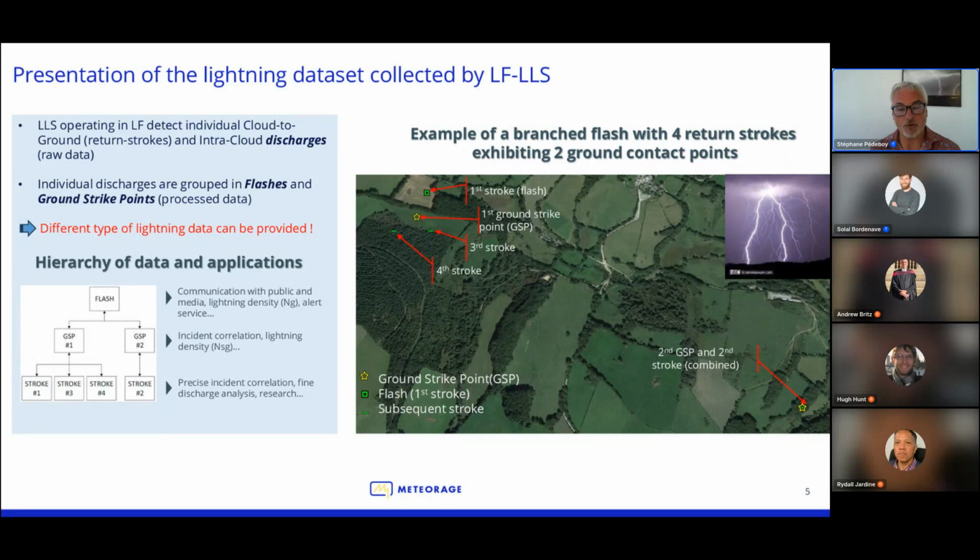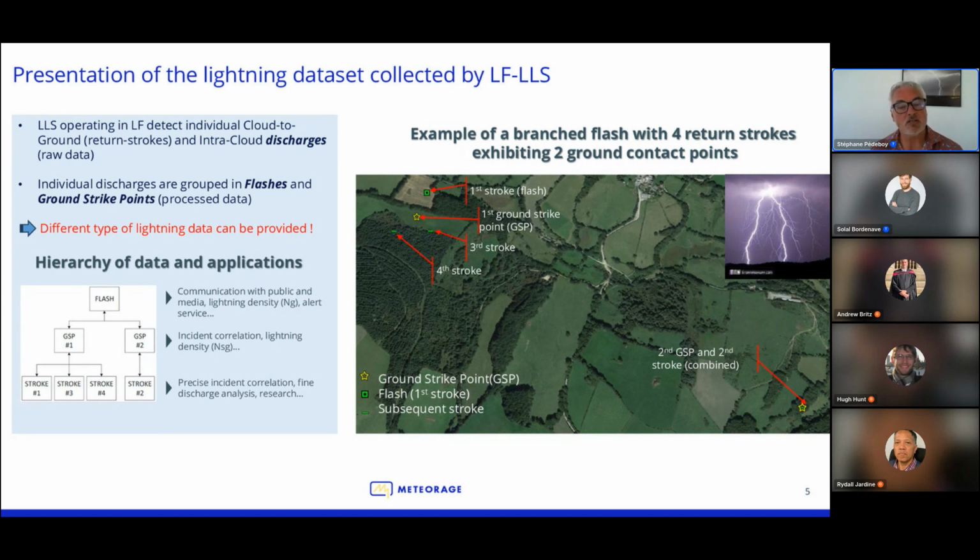This flash occurred somewhere in France some weeks ago, and so you see, this is a flash. If you look at the picture here, this is exactly what we call a branched or forked cloud-to-ground flash, meaning that you have two different channels separated by a distance, hitting the ground in different distinct points. And if you apply this photograph to the data presented here, you see that you have the green